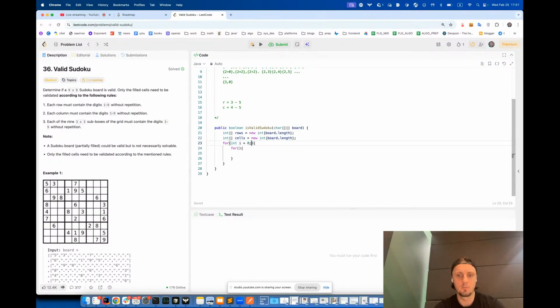So now we iterate over rows first. So we have board length, and then we iterate over cells. We also have board lengths. So what we do? First we can just update our rows and cells. So by rows we take rows, we take I, row I. So currently we are checking